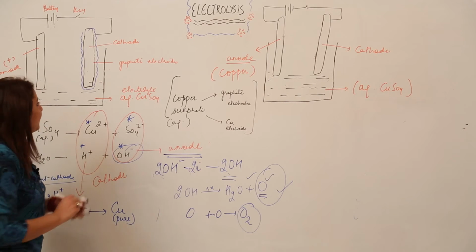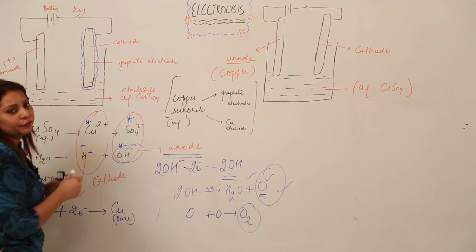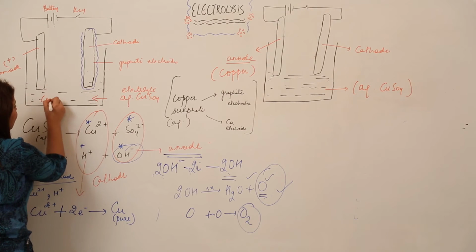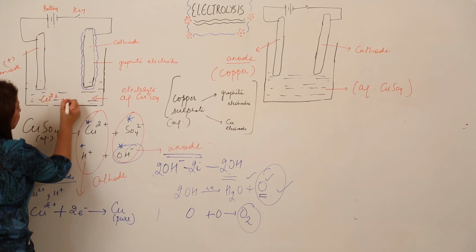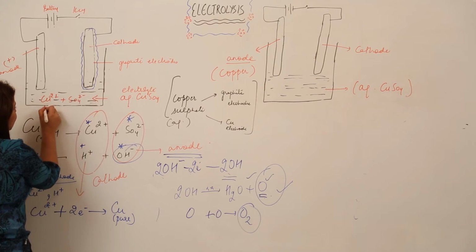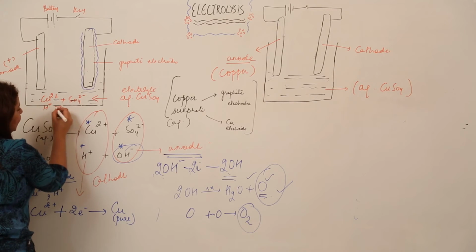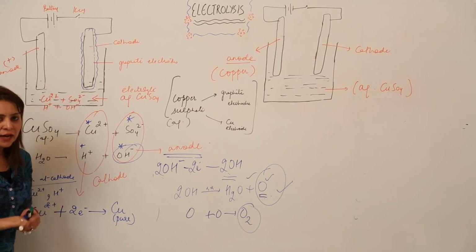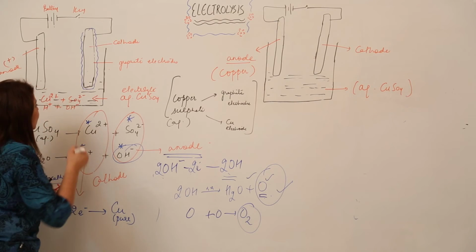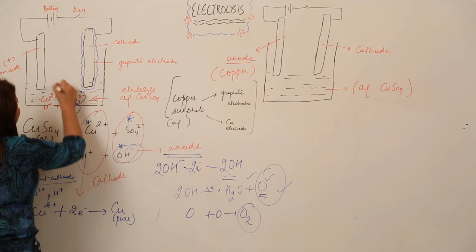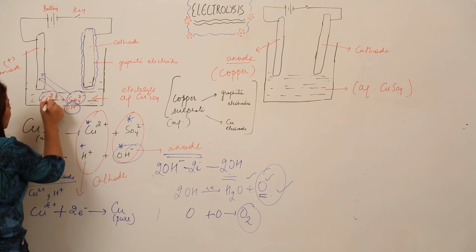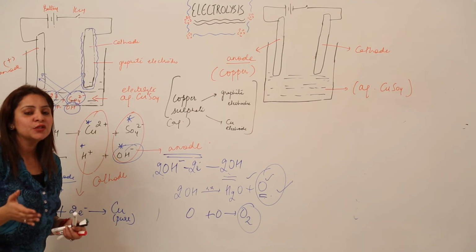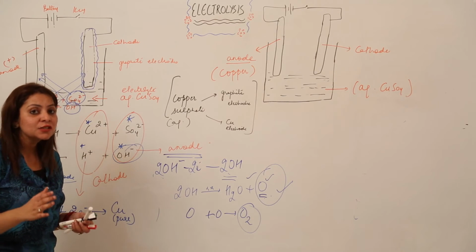Again, for a quick recap, I am writing this equation in a figure. We have CuSO4, and on passing current it breaks up into its ions, and as it is aqueous, we also have hydrogen and hydroxide ions. The negative ones will move to this electrode and the positive ones will move to this electrode, right. And as we know, the one which has the lower electrode potential gets discharged, right.